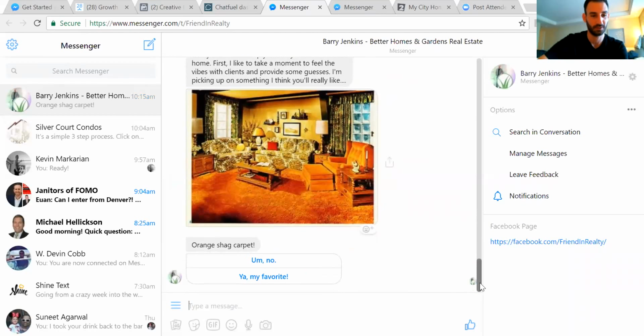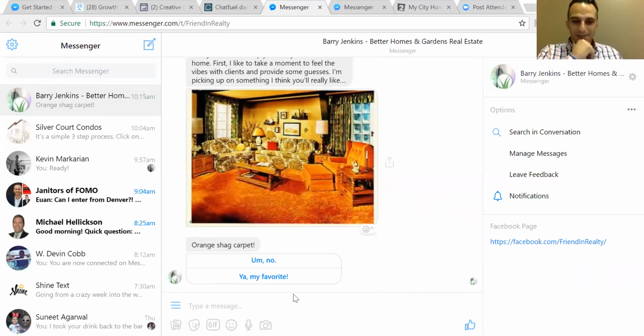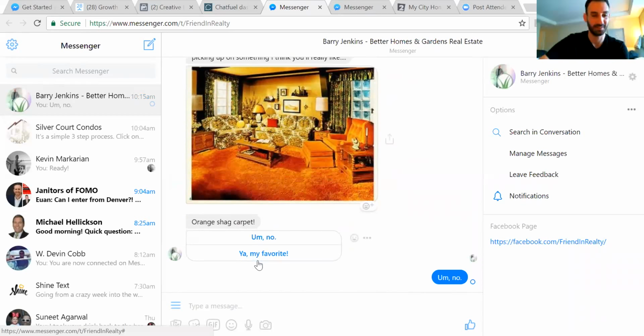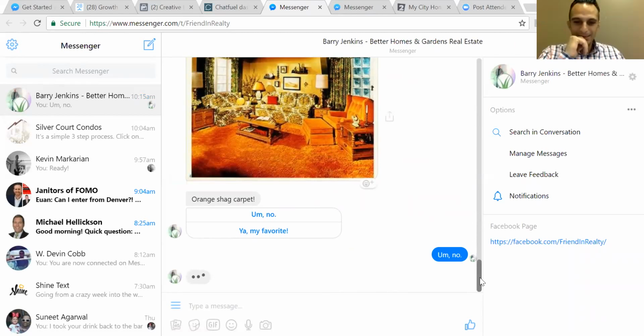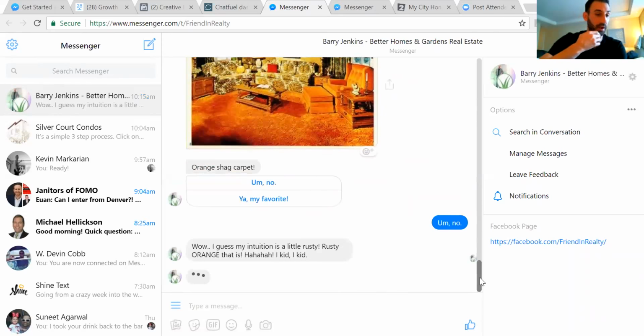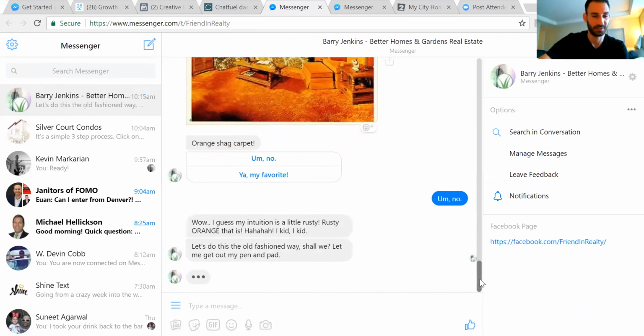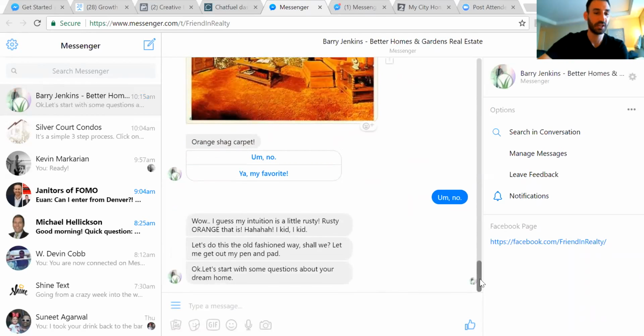And this is orange shag carpet, which they obviously hate. He wanted something really funny. My wife actually built this one for him, so I can't take credit for that. She's the one with the good sense of humor. So it kind of just goes on like that,